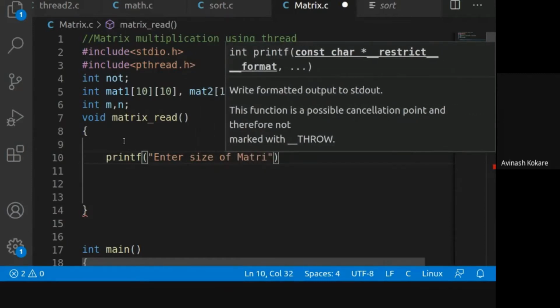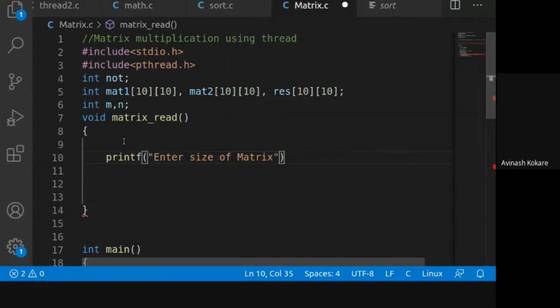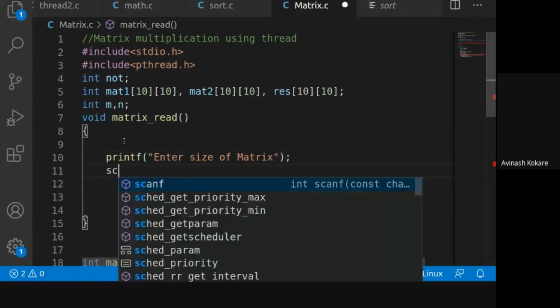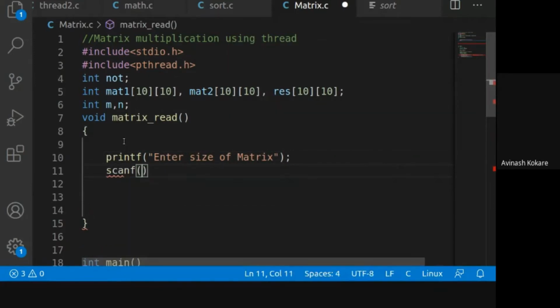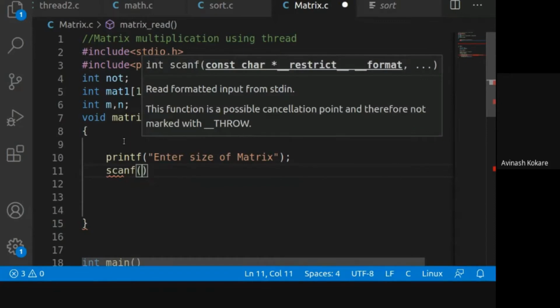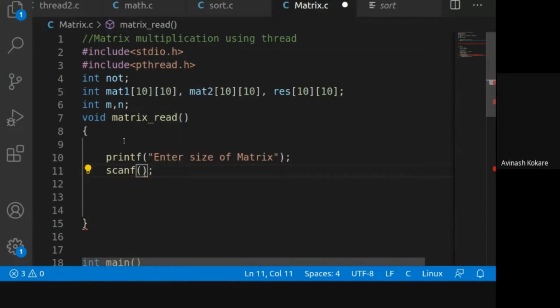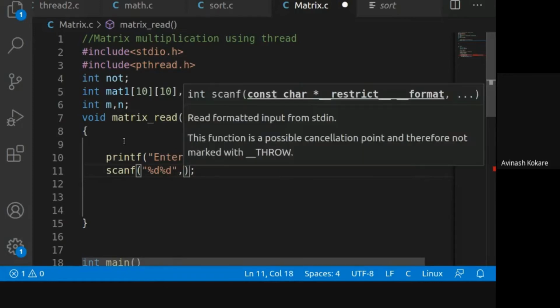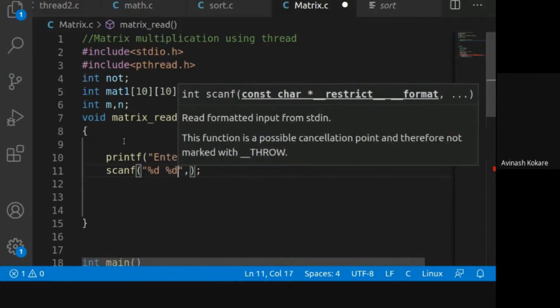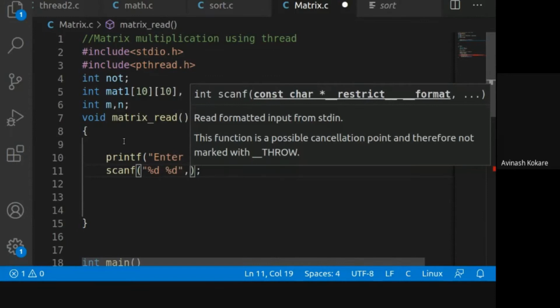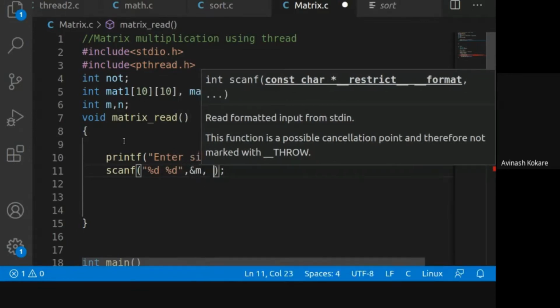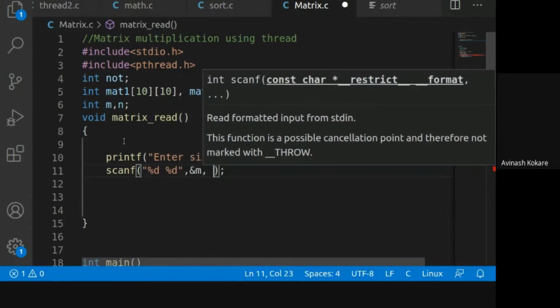You have done these assignments in your second year level. So I'm just repeating the same with respect to a thread. So what will be the scanf value here? %d, sorry, %d, comma, variables address of m, comma, address of n.